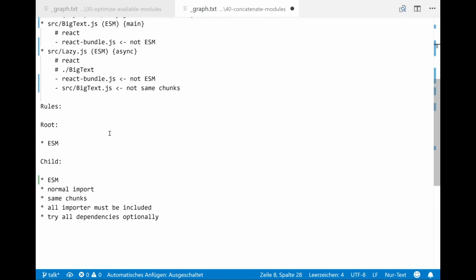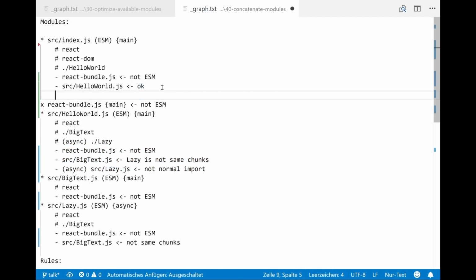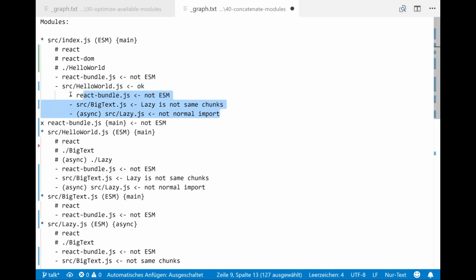And now we try to optionally include all dependencies. So we basically copy all dependencies into this one and try this too. It's kind of a recursive process, but we already identified that it wouldn't work. So the only scope hoist group is index with Hello World.